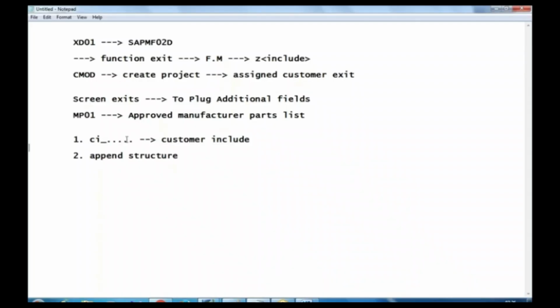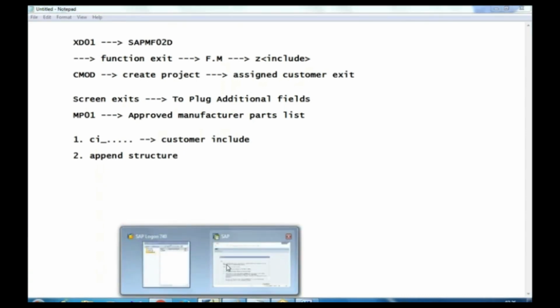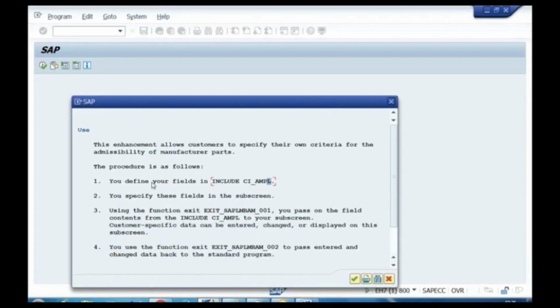Customer include and add the additional fields. If this customer include is not available, the other way of adding the additional fields is through append structure. So if you observe here, what they are saying, you define your fields in the include CA_AMPL. So if you eliminate this CA underscore,